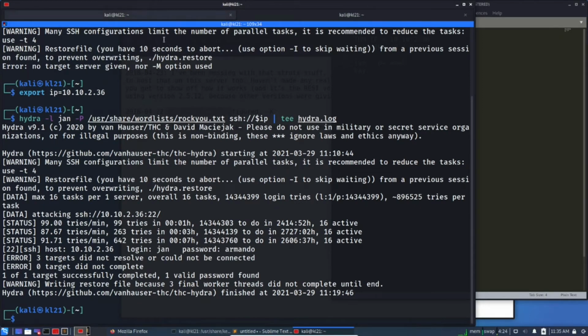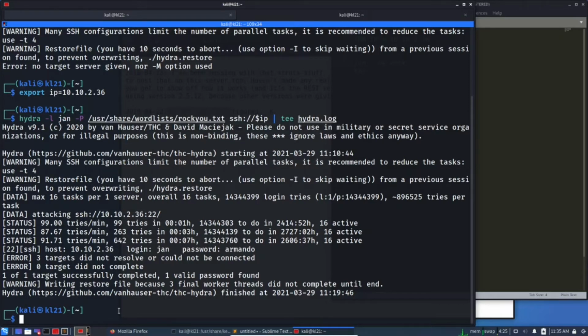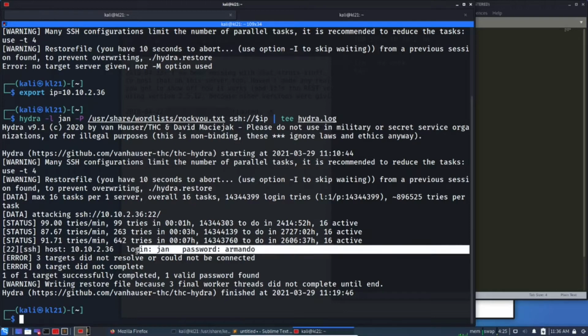So this is another tab where I have executed Hydra with the same syntax which I have shown you. So what does it have for us? Okay, so this is the success. The login is Jane, password is ARMANDO. Okay, let's copy this out,